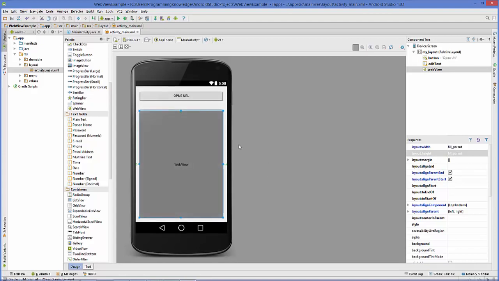Now in this edit text, let's enter some default text so that we don't have to type a long URL for the first time. So let's open, for example, google.com with this. So I'm going to add the URL https colon double slash www.google.com. Okay,